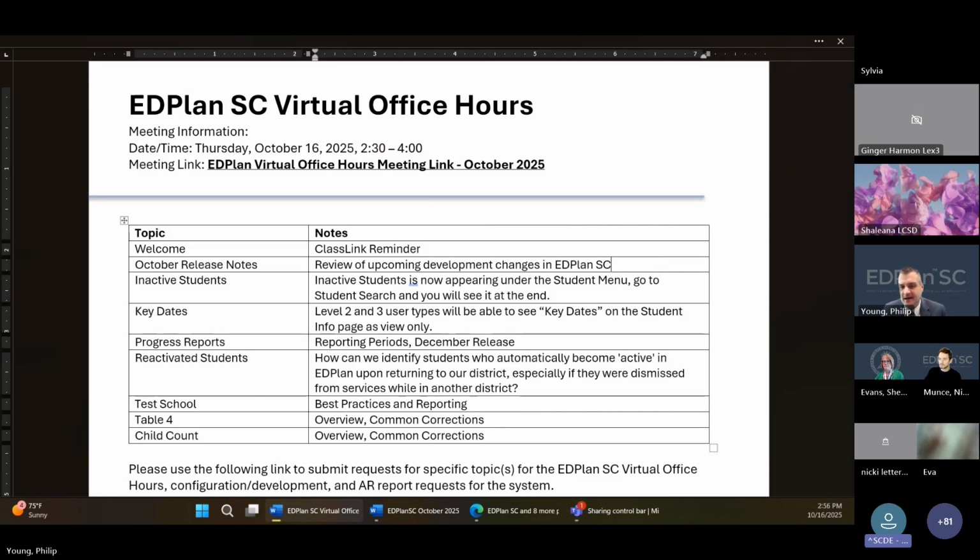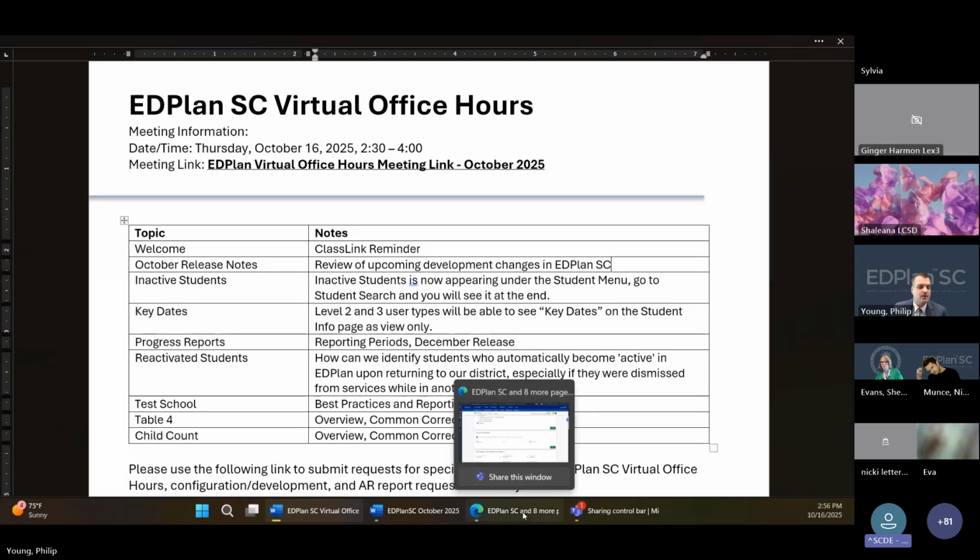All right. So we'll keep moving right along. Then the next couple of quick updates, and then we'll get down to the table 4 and reporting questions. So inactive students, Katie sent an email out about these next couple things, but I just wanted to reiterate them. So inactive students, the location of that for user types has changed.